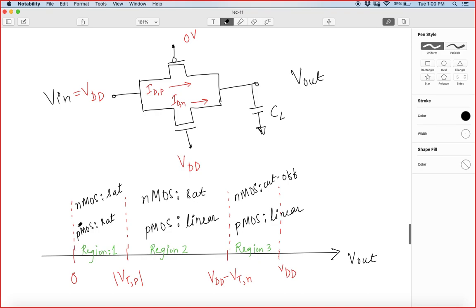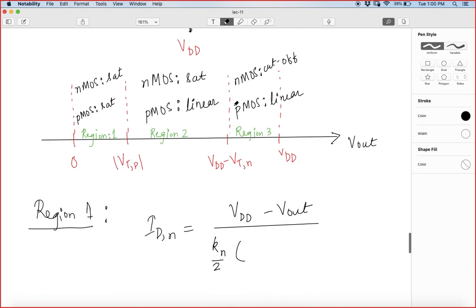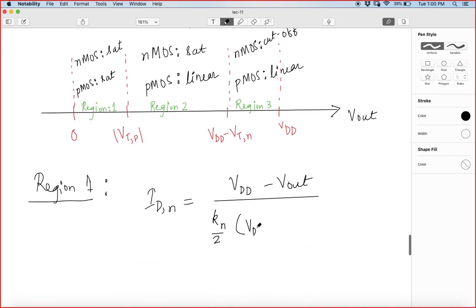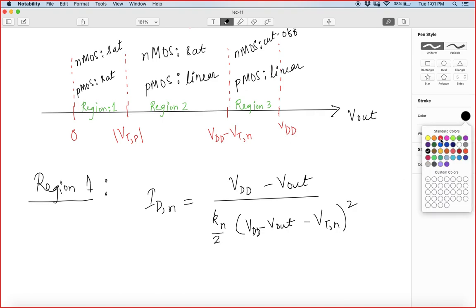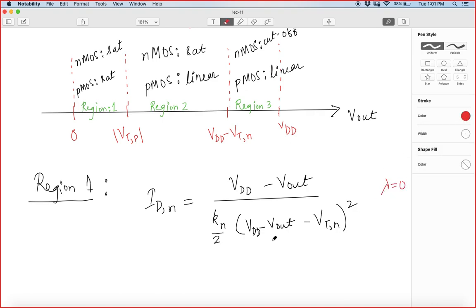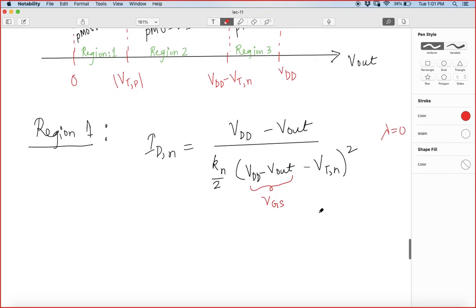Region 1 is very close to 0, so what is VGS? VGS is nothing but VDD minus Vout, minus the threshold voltage, and square we have. Considering lambda equal to 0, this is the equation of the current flowing through the